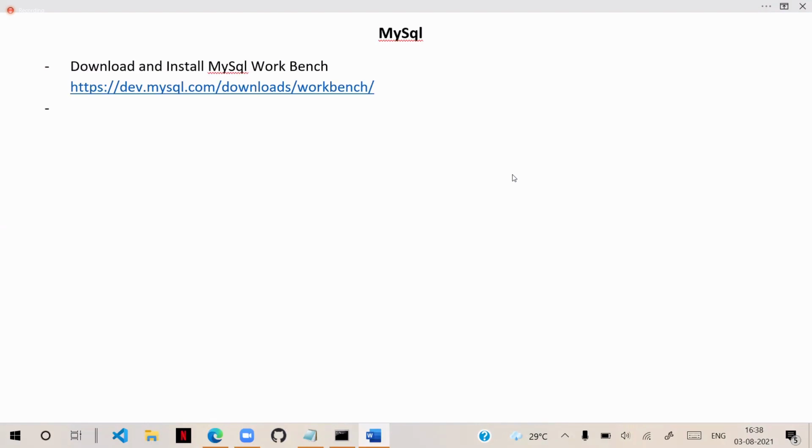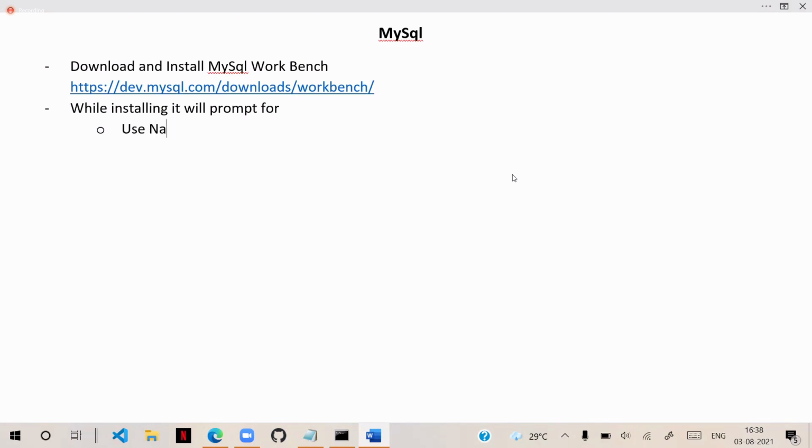And here what is important is, while installing, it will prompt for two details: username and password.